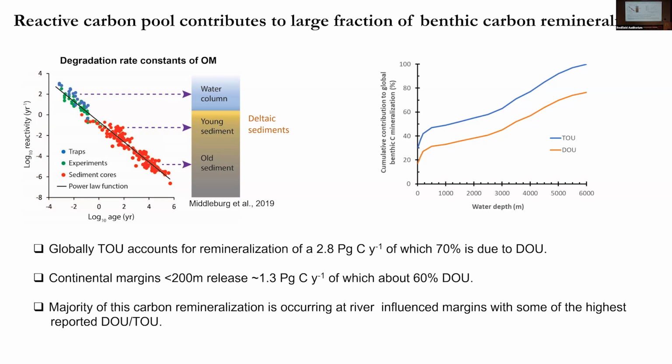But in general, we can see in about 200 meter water depth, 50% of the organic matter that is totally consumed, totally used up by oxygen happens within that tiny zone across the shelf, making these areas very important. And we also saw in the previous slide that these DOU and TOU are really high in the deltaic systems, which means there is a disproportionate contribution from these deltaic adjacent sediment shelves towards this organic matter remineralization, which kind